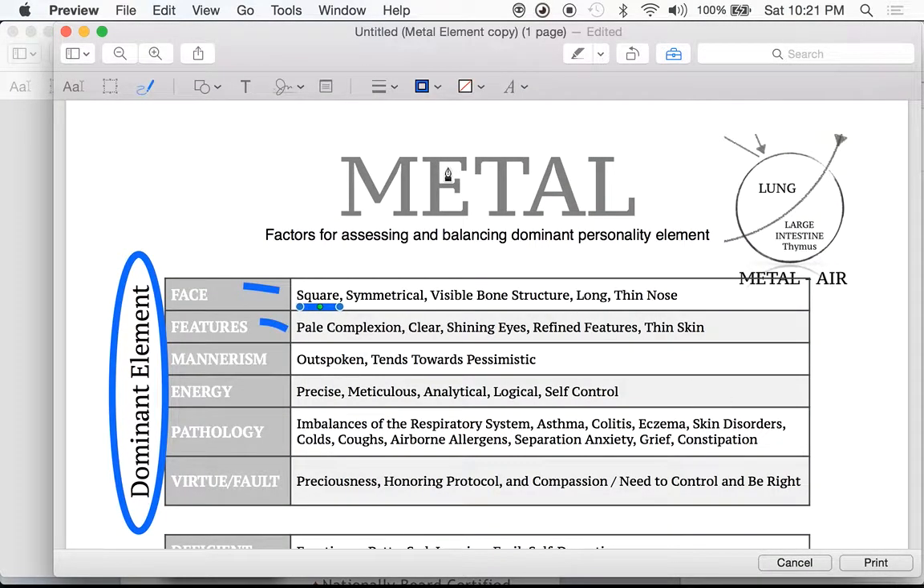So getting back to this, square is not boxy or big. They often have a visible bone structure and a long, thin nose. As you look at their features, pale complexion, may or may not be. Clear skin is often common, and not clear from a lack of acne. What I mean by clear is smaller pores, more porcelain-type skin. Shining eyes, very true. But if I was going to say one of these was the most notable, it's probably refined features. And that's why I say, when you say square, don't think boxy or big. Yes, a square-shaped face, but it's actually thin skin, and often more refined in the face and shape and features